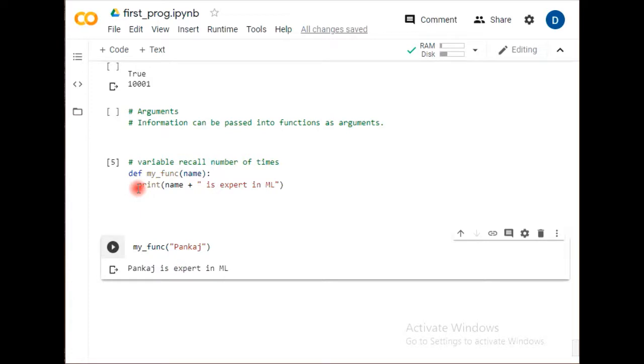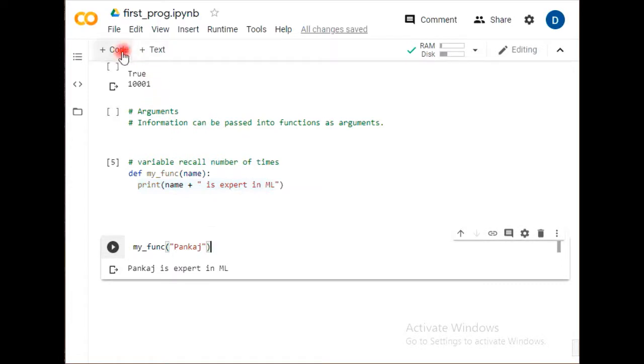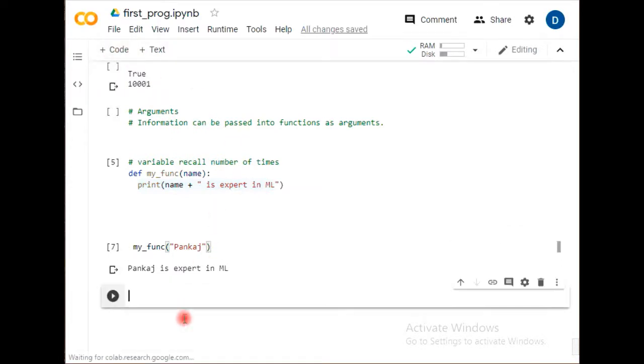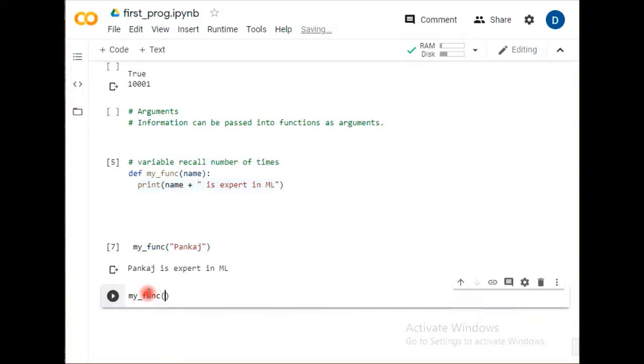Similarly, you may define something else as per your choice. So I'm choosing another line in the same one, calling my function, and in that I'm giving a value: subscriber of ML channel.